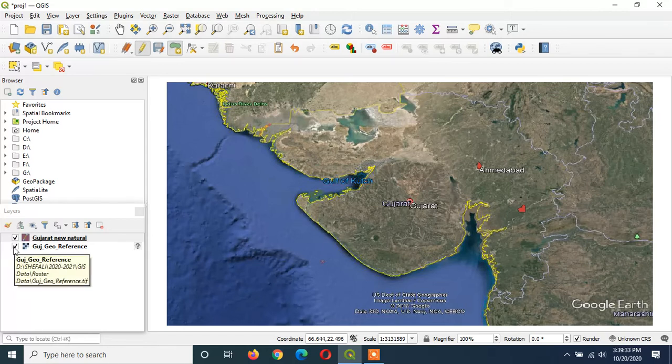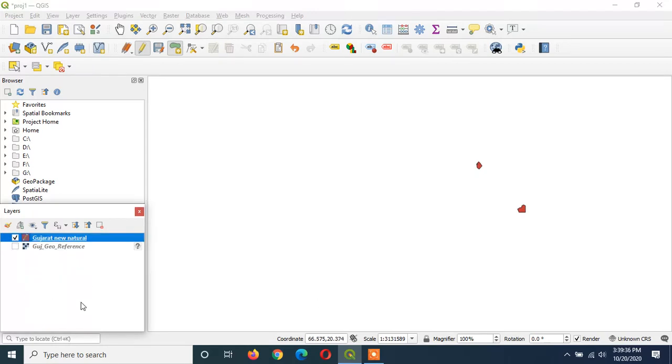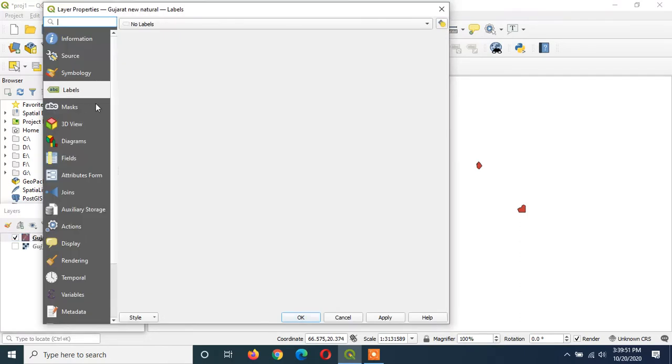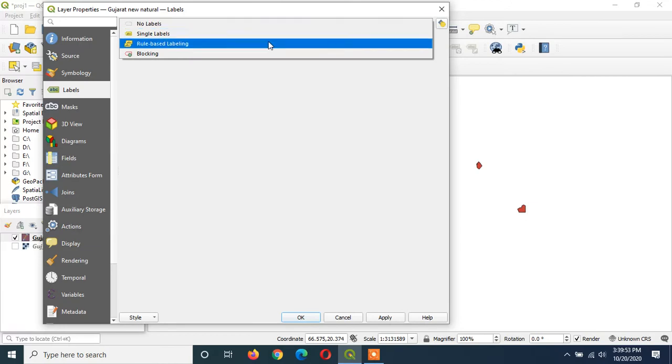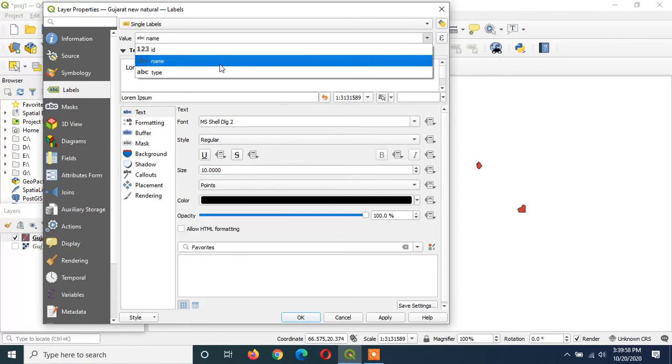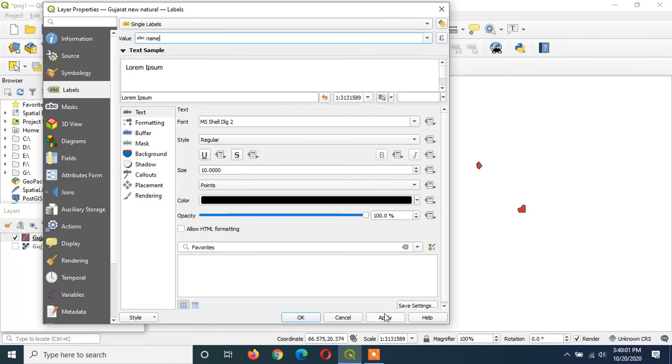Now if you deselect this, then you can see the vector polygon layer which you have added just now. There are 2 polygons and they are visible here. Now if you want to add labels, then you can click on properties. By clicking on properties, you can add labels. I want to display the name with the polygon, so I am selecting name, and then you can click on OK.